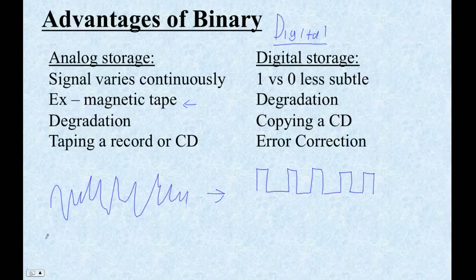Right now, if we degrade an analog thing, if we talk about the degradation of this over time, temperature and just the Earth's magnetic field and just the aging of the material wears down all the bumps. So this thing becomes something that's less than it was. Basically there's noise superimposed on top of this, and it becomes very hard to figure out what the original signal is based on the degraded version of the analog.